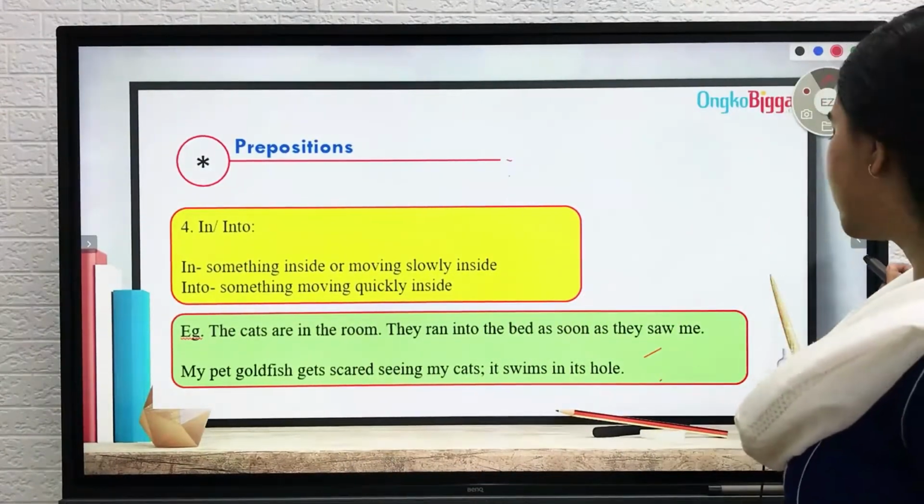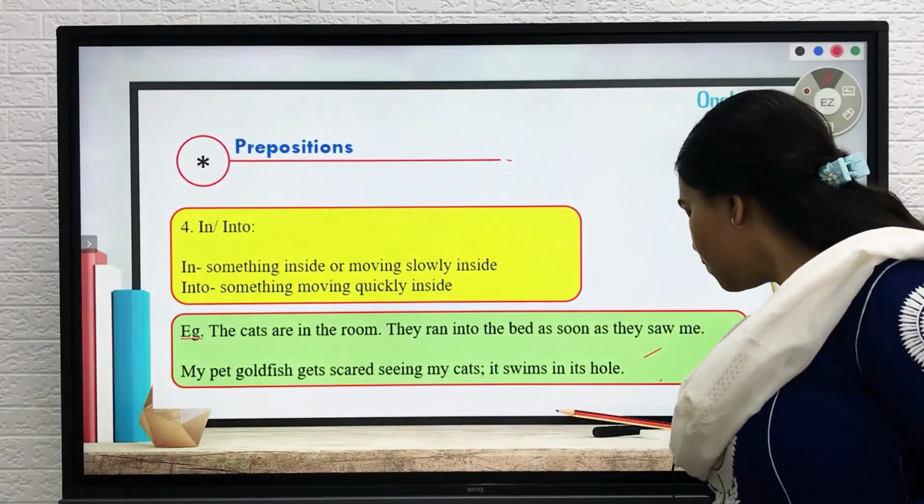Alright, so now that we've understood this rule, next move on to the